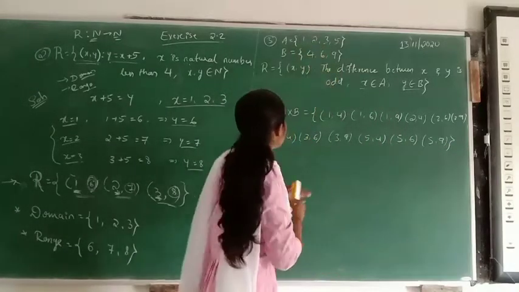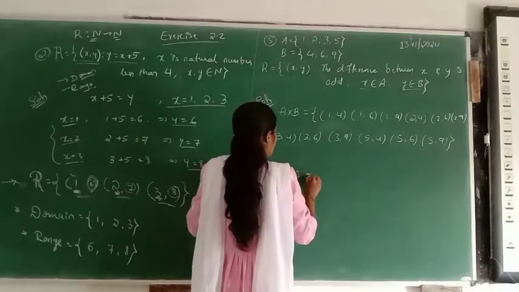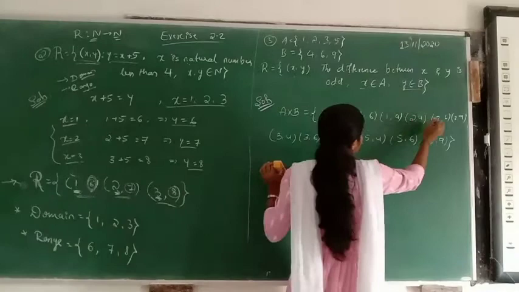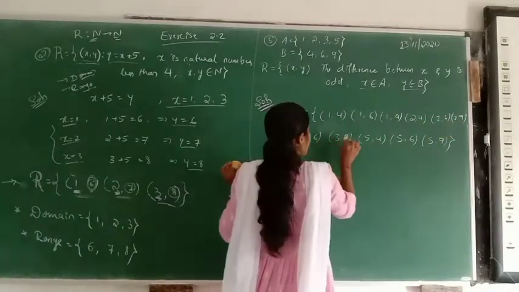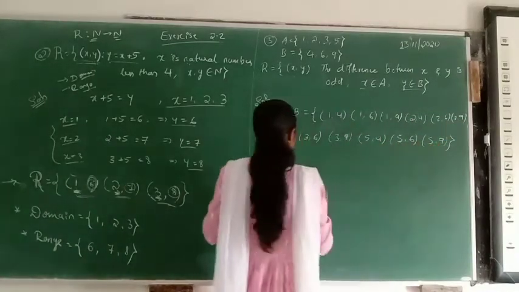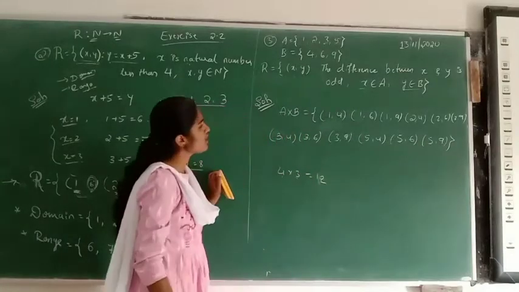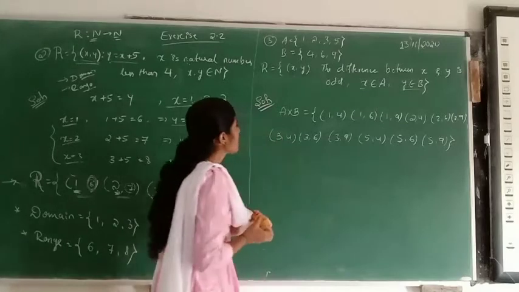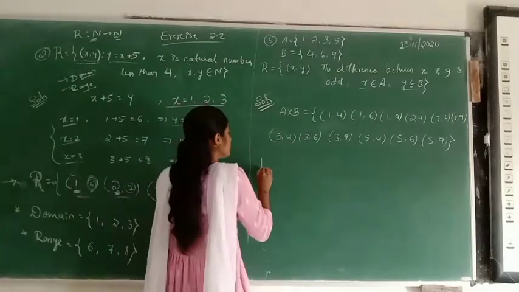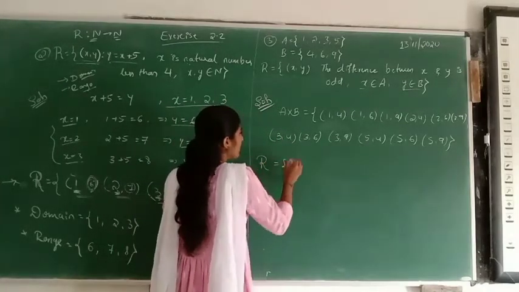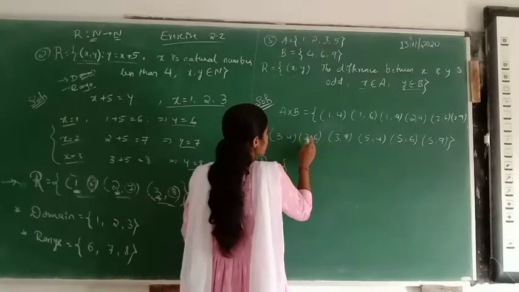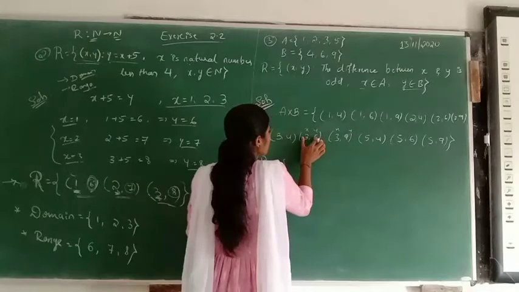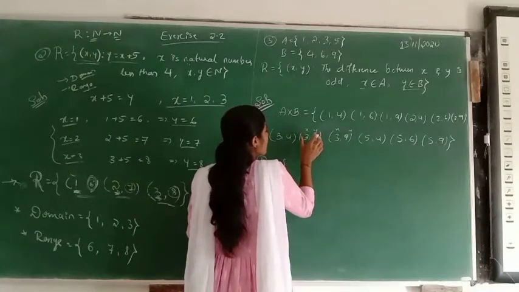See, there are 4 elements in one set and 3 in the other, so 4 into 3. Not 16 ordered pairs; counting 1 to 12, 4 threes are 12. So we have 12 ordered pairs in this Cartesian product. Now we need the entire relation, based on the difference between these two numbers in each ordered pair x, y. When we take the difference of the two numbers, we need the order.